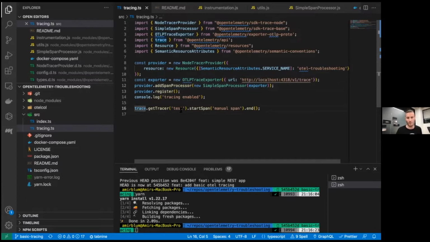And then what I'm doing is I'm creating a test span. This is just a span for testing. I just want to make sure everything works. So I get the tracer, I start a span and I end it immediately, and I want to see if